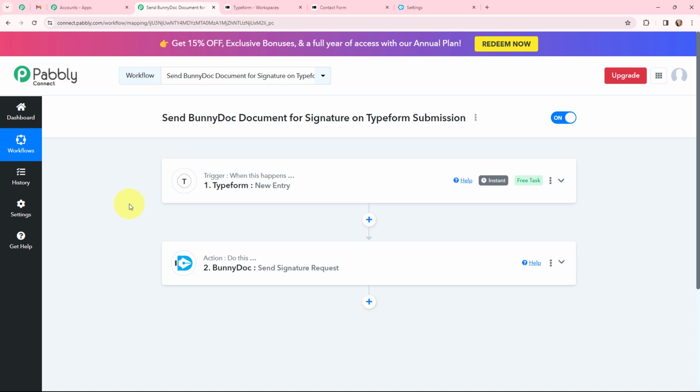That means now whenever I'm going to receive a new response through Typeform, then automatically by using BunnyDoc, a document